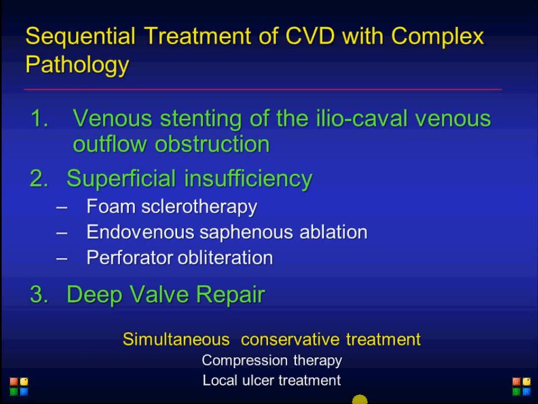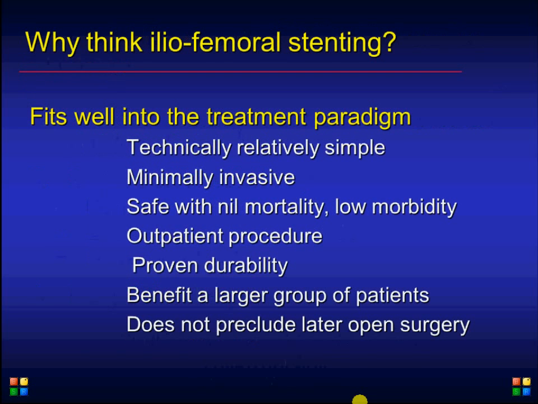several systems and reflux and obstruction, the venous stenting of iliocaval venous outflow obstruction should be a primary intervention. Then the superficial system, and down here comes the deep valve repair. Of course, we have to continue the compression therapy and local ulcer treatment as we consider the interventions. Femoral stenting comes into this as a simple, low morbidity,